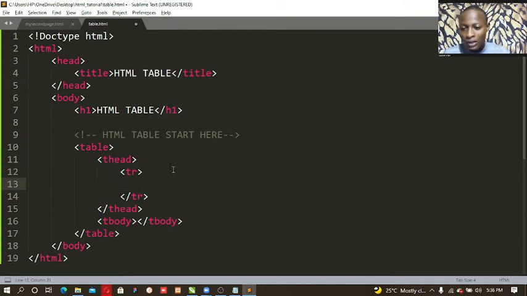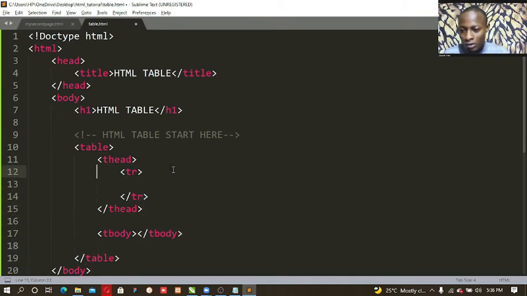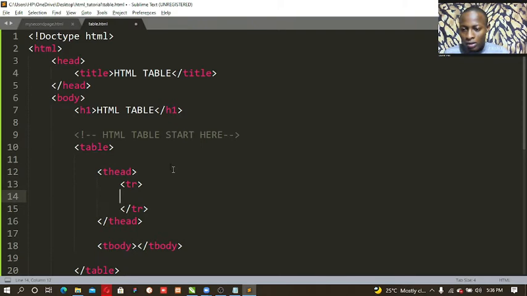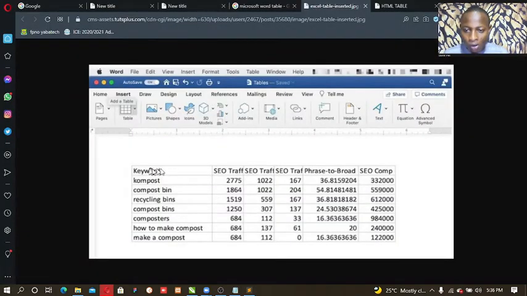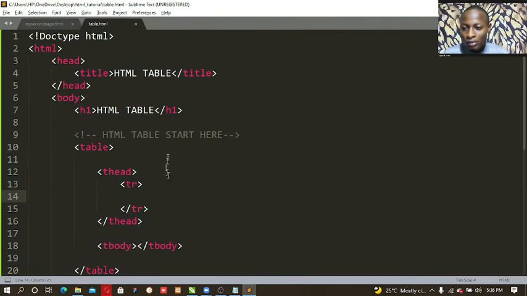So I want to have a row, so let me space this so that we know what we are doing. This row contains all this. You can see that this is a cell, this is another cell, if you are familiar with Microsoft Excel. This is another cell, another cell, another cell. Since we are in the table head, we are going to say th,